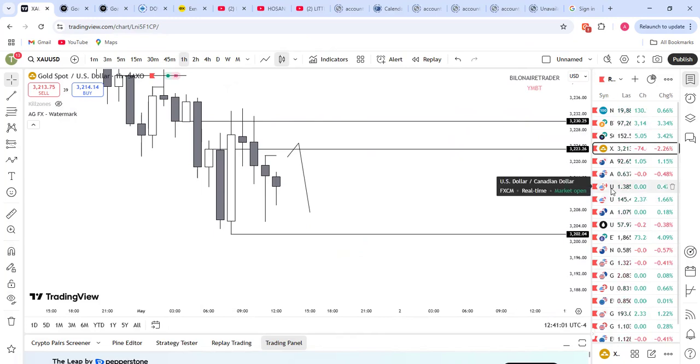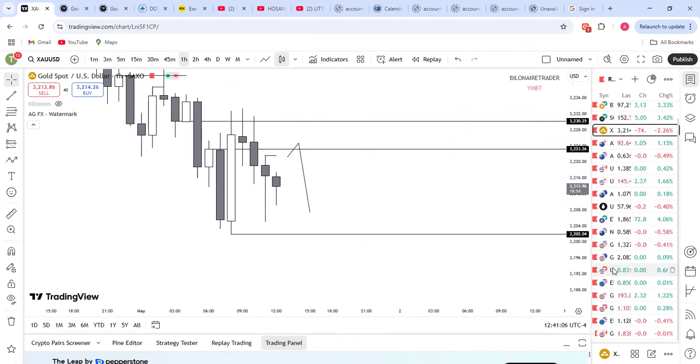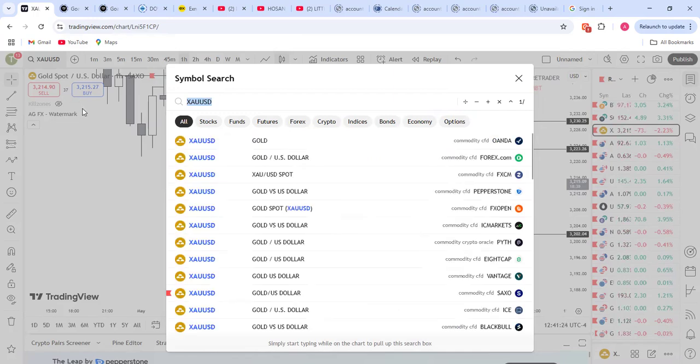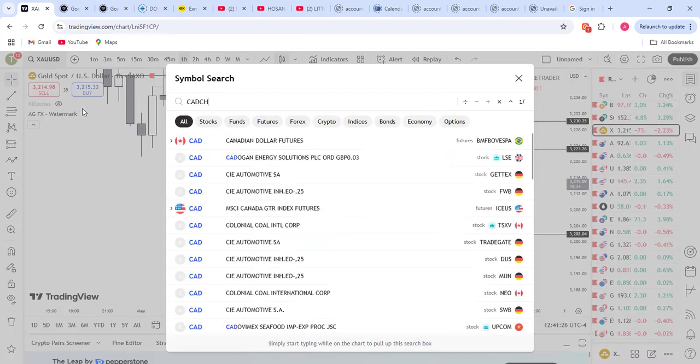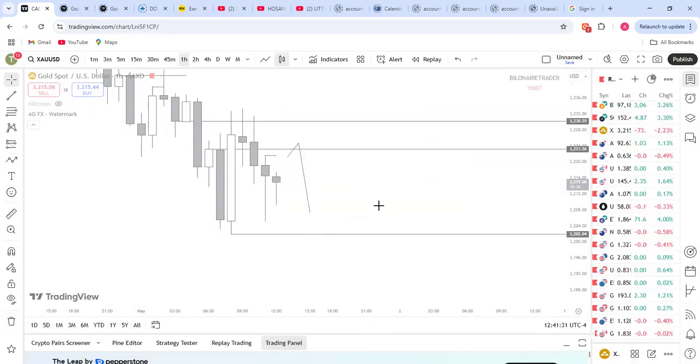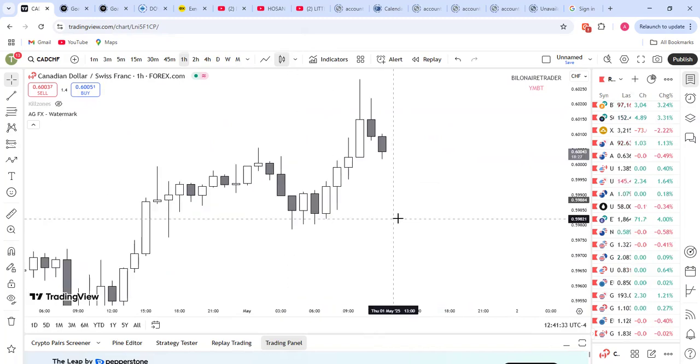Card, CSD card CHF. Okay, this USD CHF, AB card. What's happening? Okay. Card CHF. Okay, so